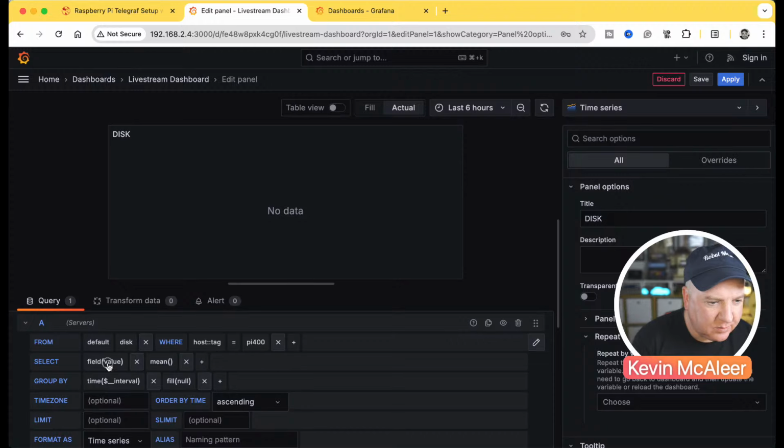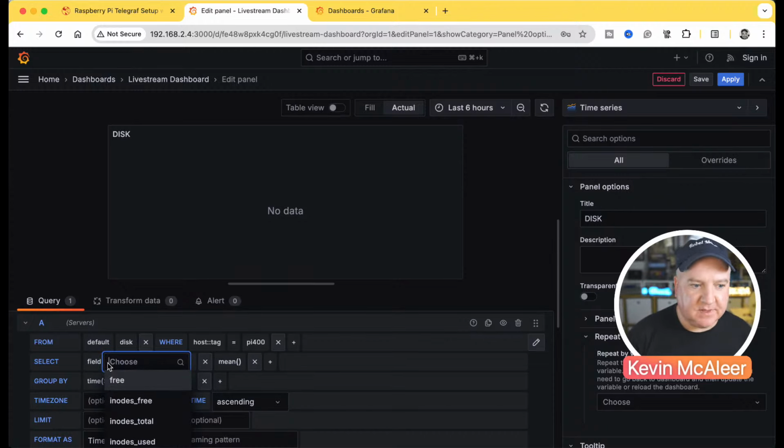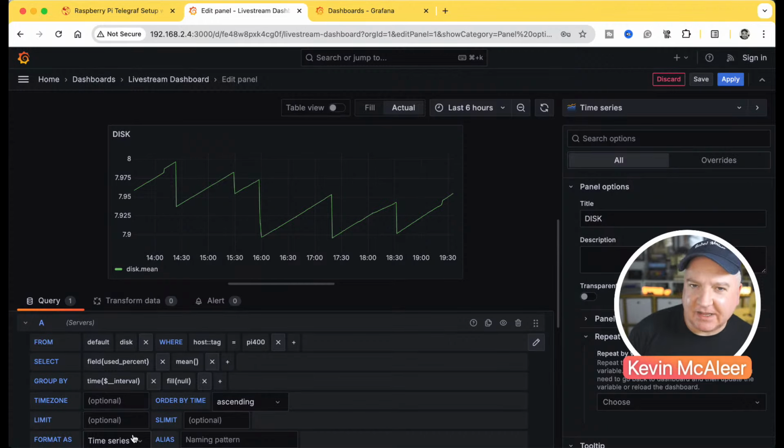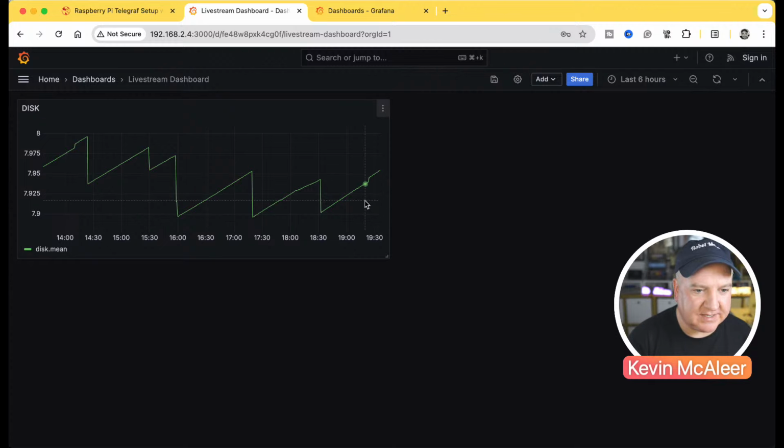That'll do. We're then going to select the type of sub data within that disk. So we can look at the free space, we can look at the inodes used, we can look at the total, or use percentage. Use percentage I really like because we can graph that in some really nice ways. So we can see we've got some data on the screen now, and you can see also the time when these pieces of information, these measurements were taken. So we could call it quits. We could just say that's fine, let's apply that, and we've got a new visualization on the screen,